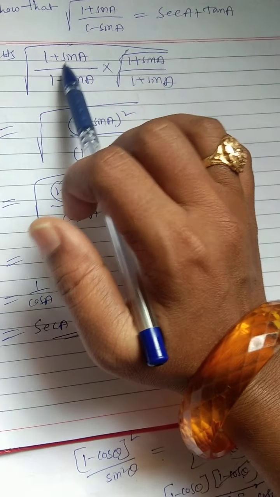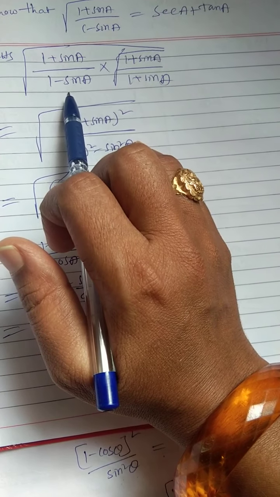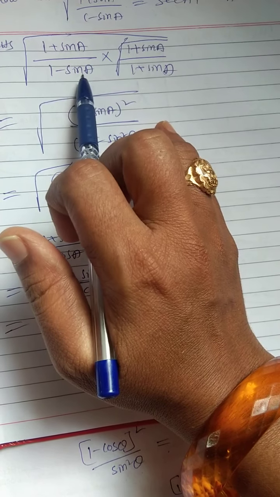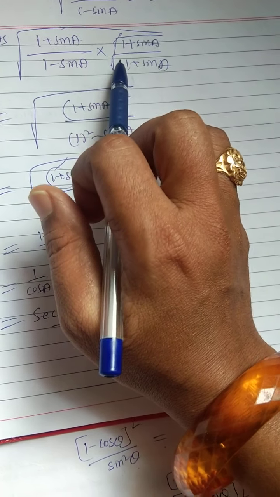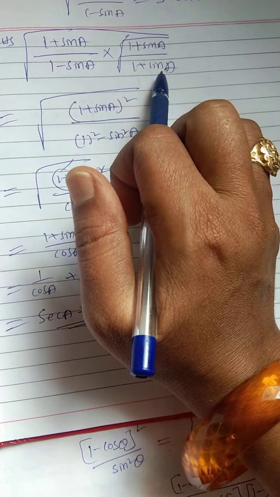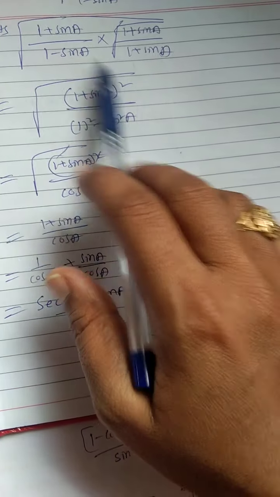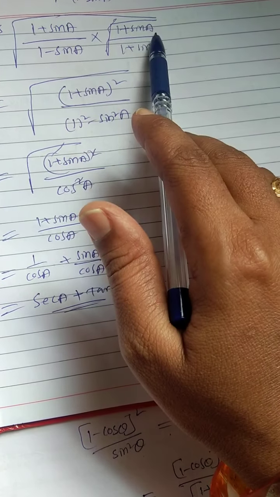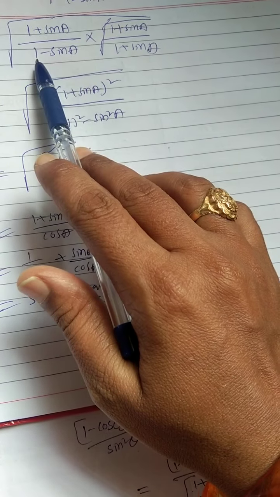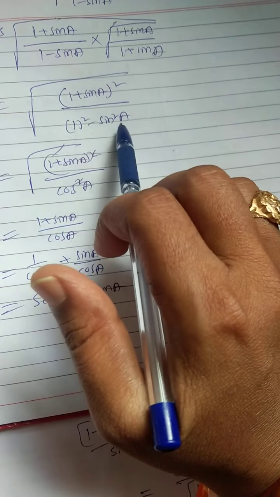Here, under this square root, we have to see the numerator and denominator. Here the denominator 1 minus sin a is there. Now, with 1 plus sin a you have to rationalize this. So I did this, that only, 1 plus sin a by 1 plus sin a. I rationalized this. Here square root of 1 plus sin a into 1 plus sin a we can write as (1 plus sin a) whole square, divided by (a minus b) into (a plus b). Okay, we can write as a square minus b square.